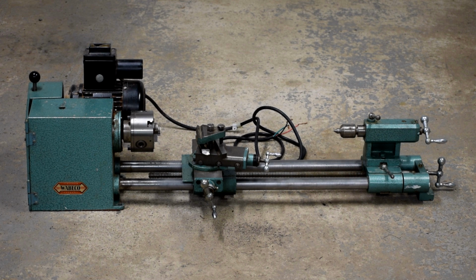So the next stage of the CNC conversion project for this lathe is we have to figure out how to move the carriage back and forth. On the stock lathe, there's this long Acme lead screw that runs down the center of the ways, and the operator turns this handle over here to move the carriage back and forth. And that would be a simple enough thing to motorize by just replacing the hand screw with a motor, except